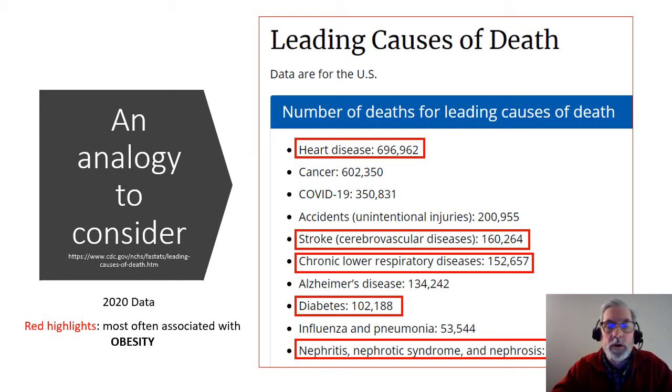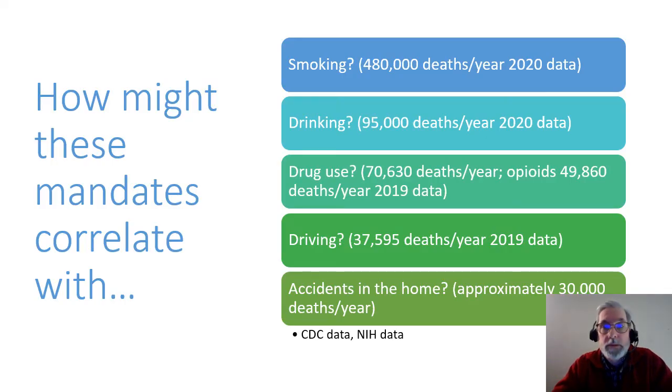Because frankly, the cost to our country in terms of overall deaths, disability, and also healthcare burden, which is another thing that people have been concerned about with COVID, is associated with obesity, the number one by far. There's other diseases or conditions that we have to look at too. Smoking, nearly getting close to 500,000 per year death rate from smoking. That's higher than per year for COVID, but that's an incredible amount of deaths.